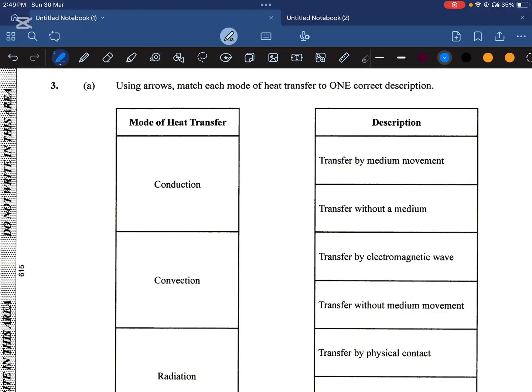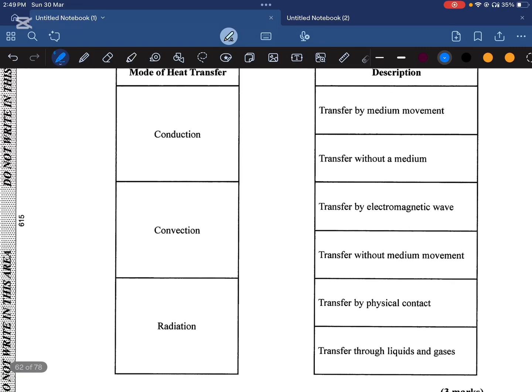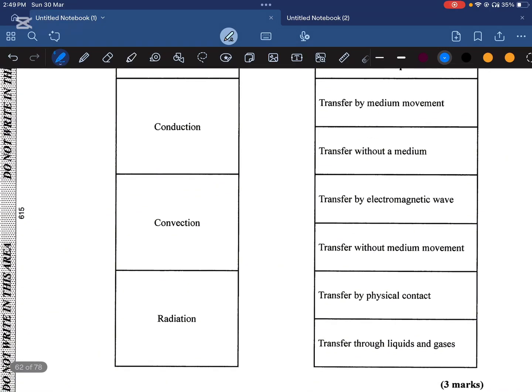Now, here we have the question that says, using arrows, match each mode of heat transfer to one correct description. If you notice, we have 3 methods of heat transfer, and then we have 6 various descriptions. So let's look at what description best describes each transfer method. So